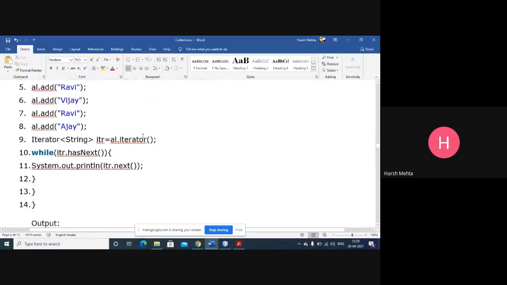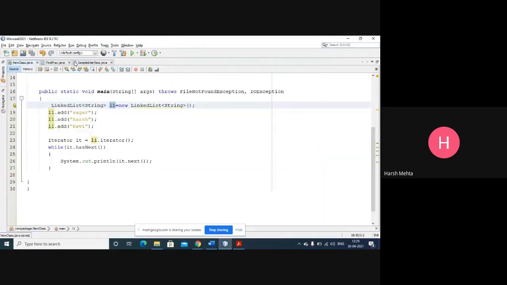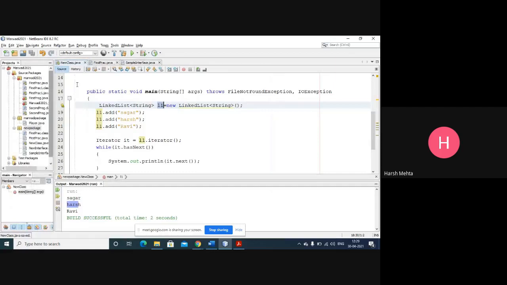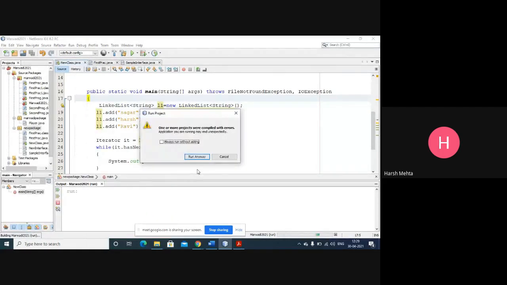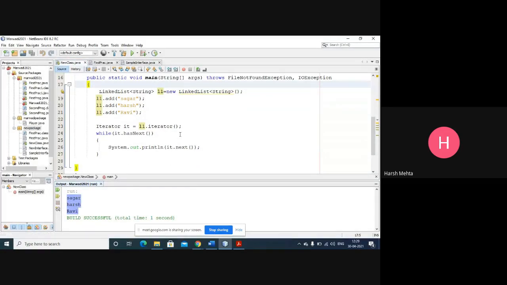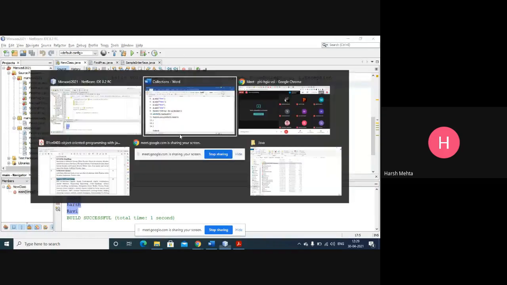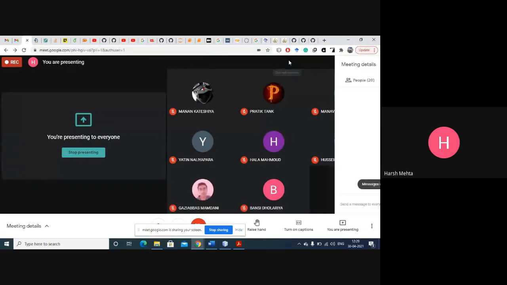Okay, and using iterator, we can retrieve it. So here, right click, run. You see the same values I will get here. Okay, so instead of this array list, I put values in a linked list. Okay, so this was about linked list.